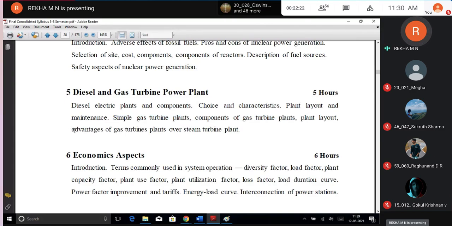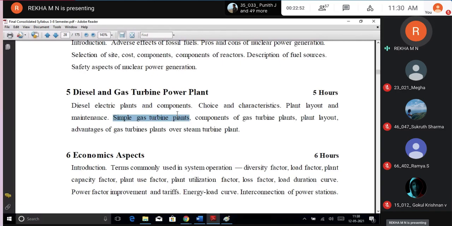But students, I may give one question on this. You can expect a question on the advantage of the gas turbine over the steam turbine plant. Don't you remember, students, in the first chapter I gave one small example of a gas turbine? Gas turbine explain ಮಾಡಿದೆ, ನೆನಪಿದೆ ಅಲ್ವಾ ಬ್ಲಾಕ್ ಡಯಾಗ್ರಾಮ್? Yes, ma'am. ಅದನ್ನ ಕೊಡ್ತೀನಿ ಅಷ್ಟೇ. Okay, that is the portion for your test.